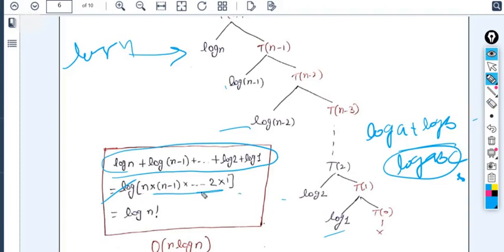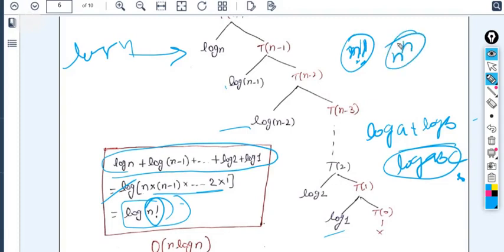So what you are getting here is 1 2 3 up to n. You are decreasing the value by 1, like n factorial, you can write n factorial as n into n minus 1, n minus 2 up to 1. So I'm just replacing this with the factorial form. So it will become log n factorial. In the increasing series of functions, we have already seen that n factorial has an upper bound. The tightest upper bound of n factorial is n raised to power n. We have already discussed this in the sequence of the functions.